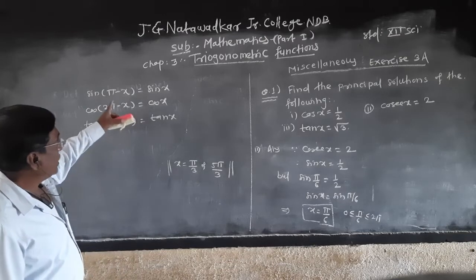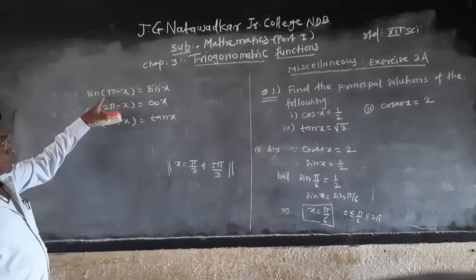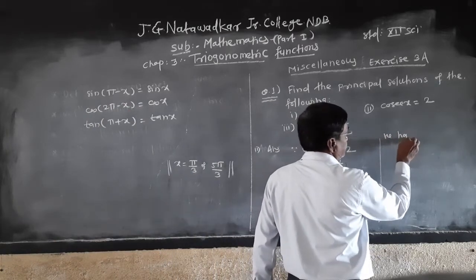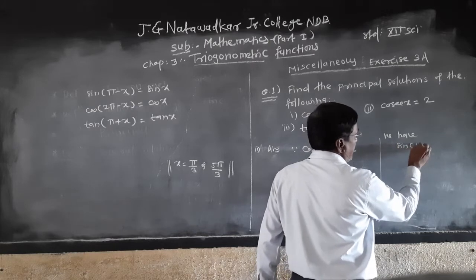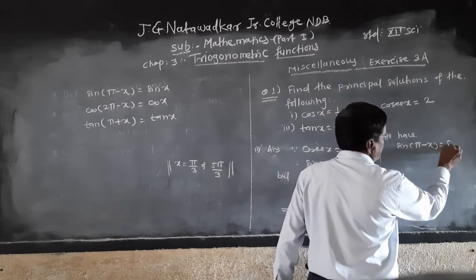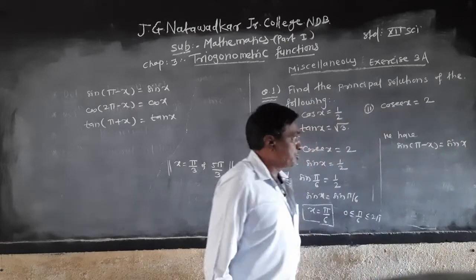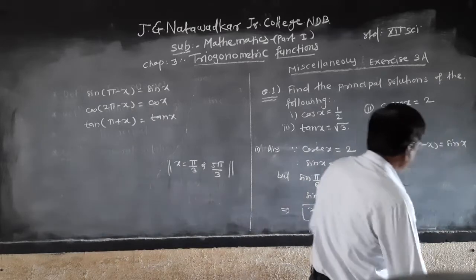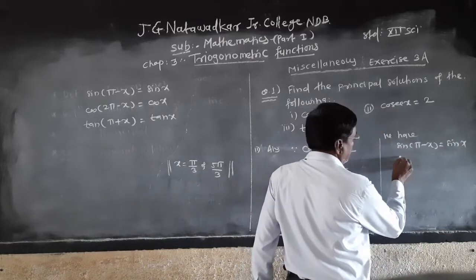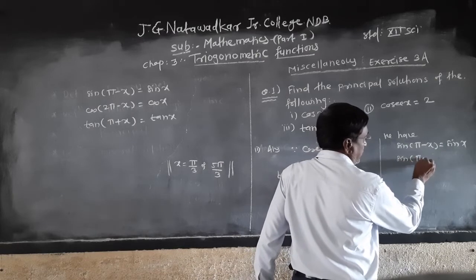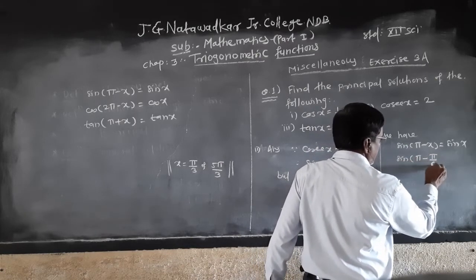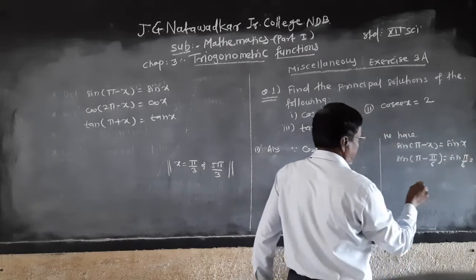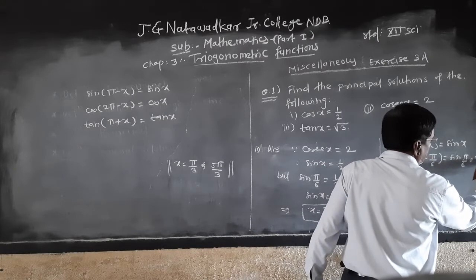But again, you know the related allied angle formula, the positive allied angle formula in case of sine. We have also that formula: sine of pi minus x is equal to sin x. This is the positive value formula for the allied angle of sine. Therefore here put x is equal to pi by 6. So sine of pi minus pi by 6 is equal to sine pi by 6, which is equal to sin x, okay? Because sine pi by 6 is equal to sin x also.